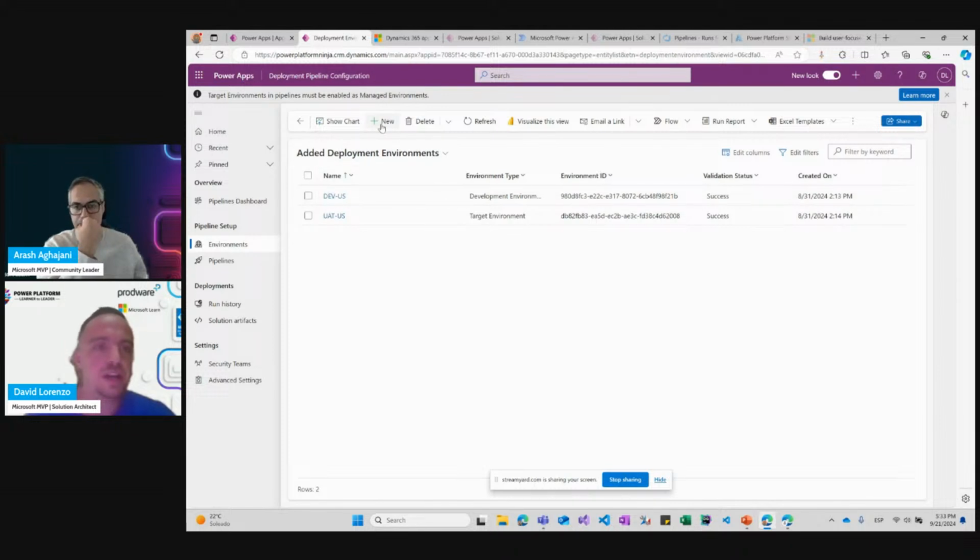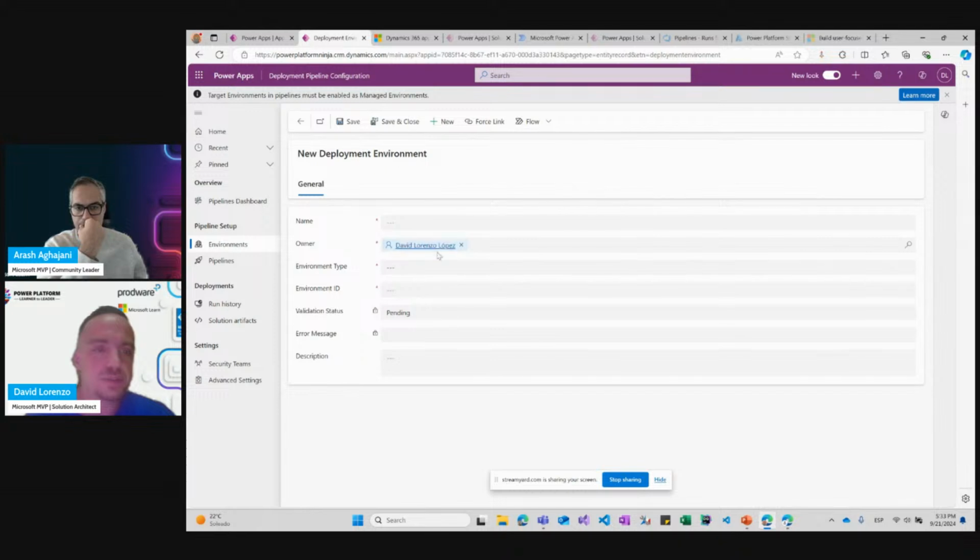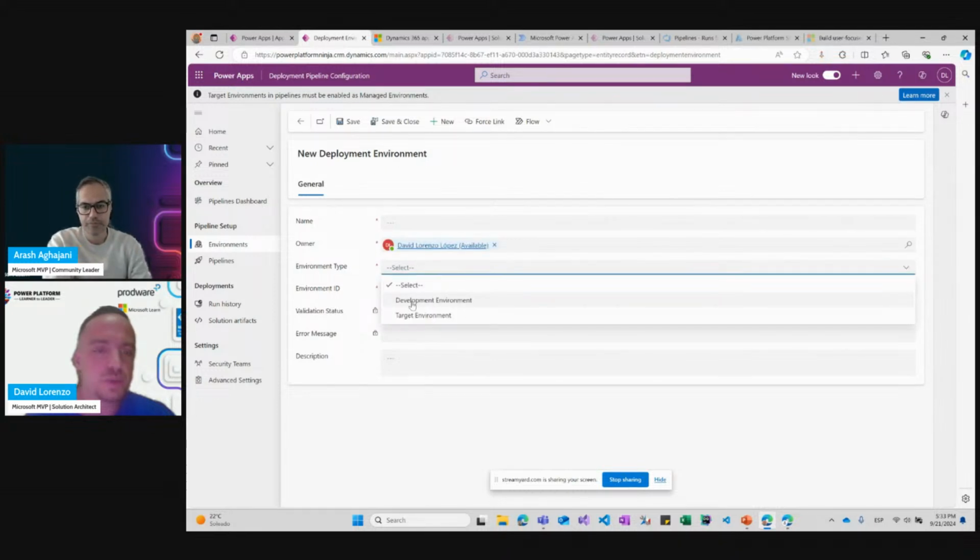To register an environment, we give it the environment type. If we try to register a new one, we indicate if it is a development environment, in which case we will be allowed to deploy from this environment. If it is a target environment, we are only allowed to deploy to this environment, not from it.